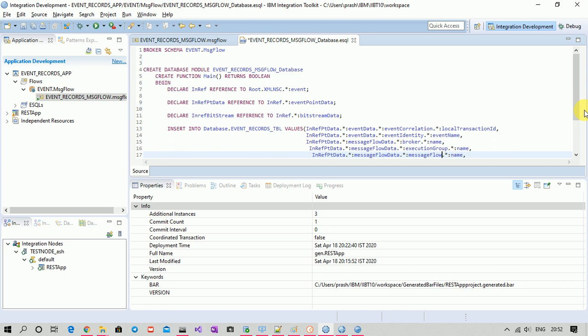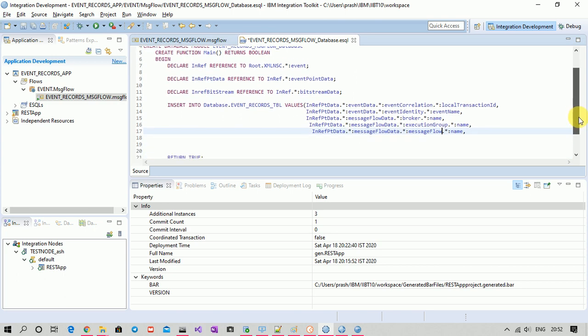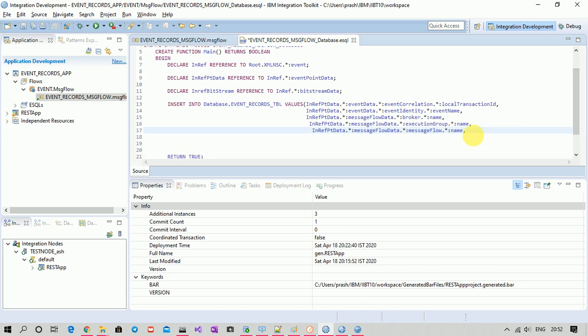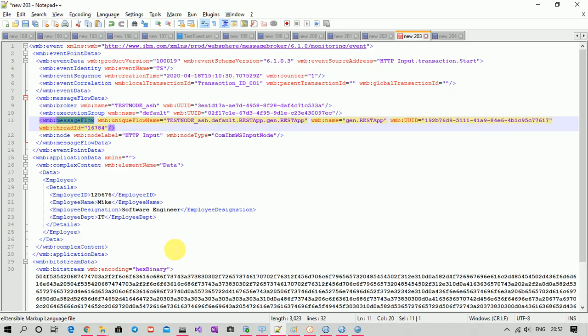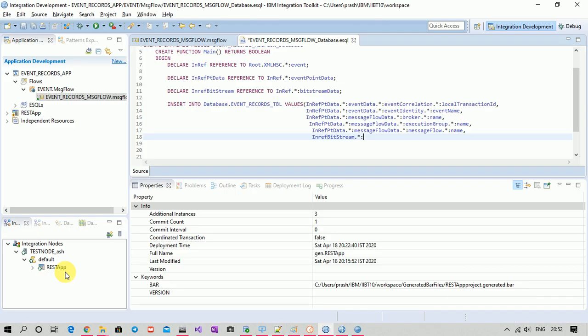Now I think the second last thing is bit stream. Under bit stream we will have this bit stream. And the last thing is just to insert this timestamp, current timestamp. I think we are done.